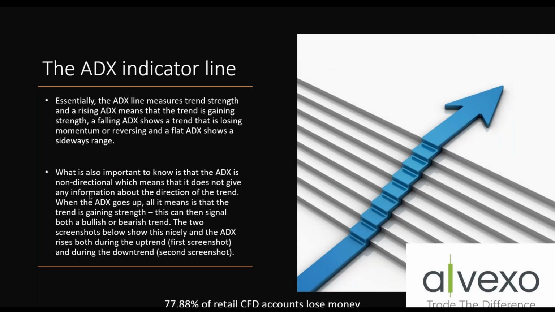So essentially, the ADX line measures trend strength, and a rising ADX means that the trend is gaining strength. A falling ADX shows the trend is losing momentum or reversing, and a flat ADX shows a sideways range. So in other words,